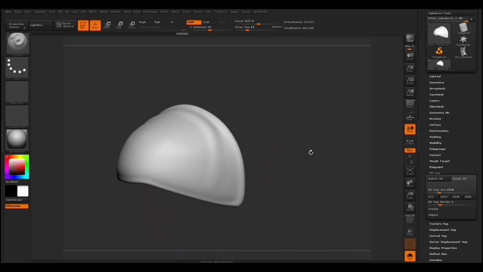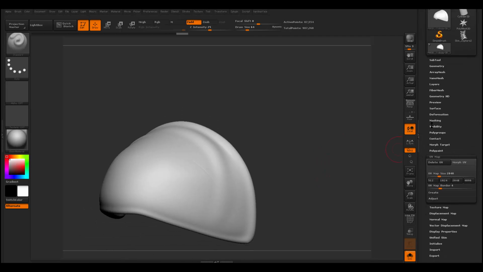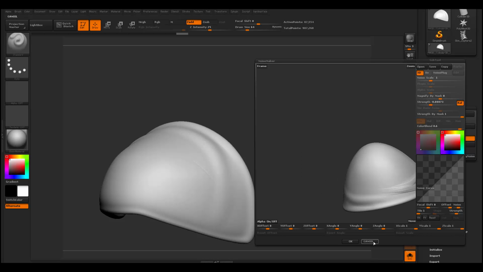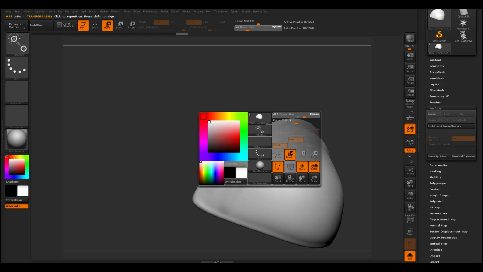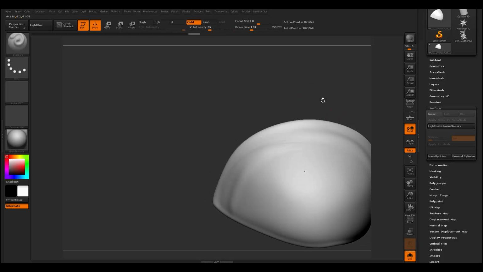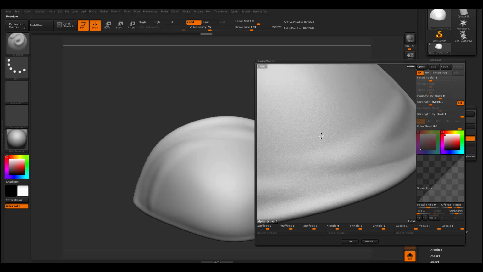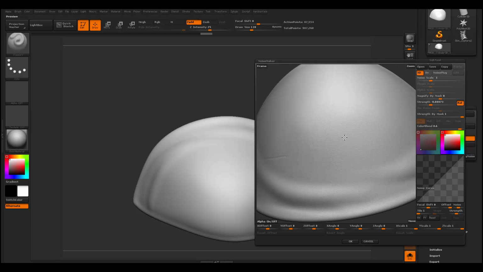Now the reason I want UV is because I want to just apply noise on it based on the UV. So surface, noise. Okay. Now for the noise, oh, I didn't smooth that part. Let me go smooth that other part here. Sorry about that. Right. So if I do noise, I should be able to apply noise on it now, but I do want it to be something like leather. So let me go search for